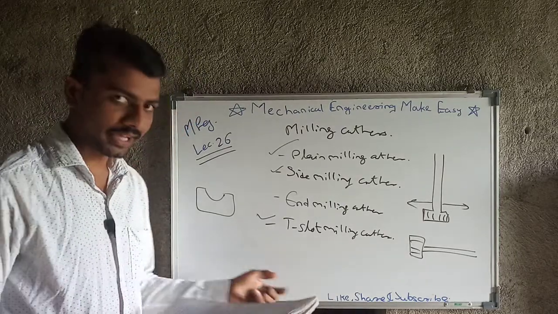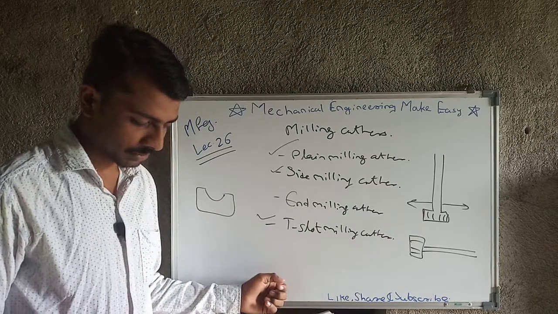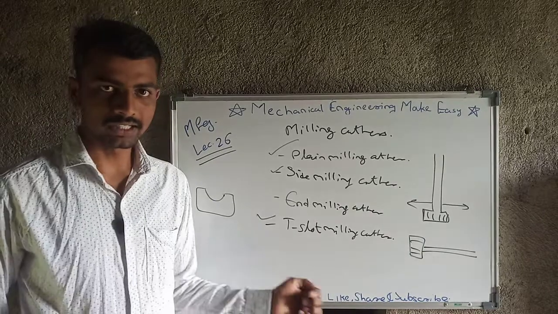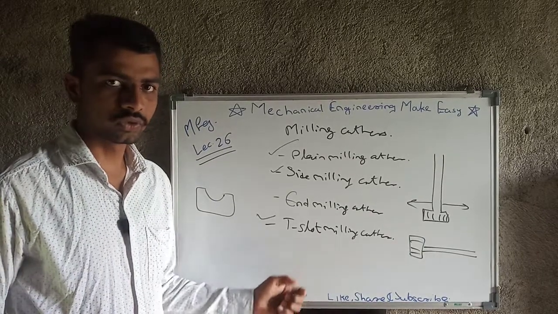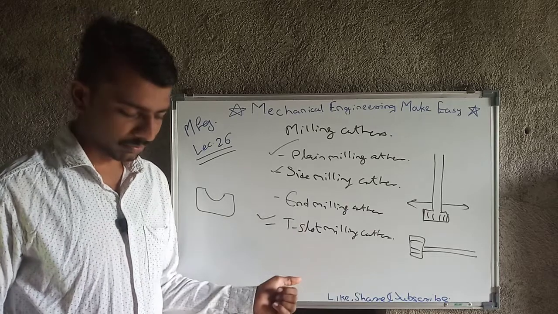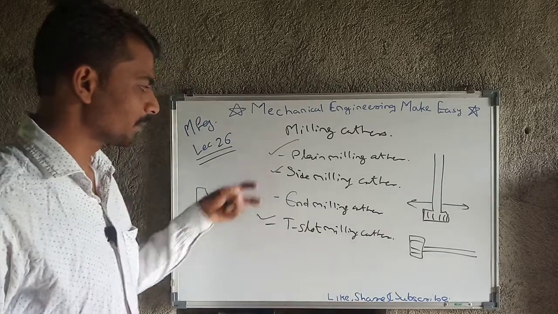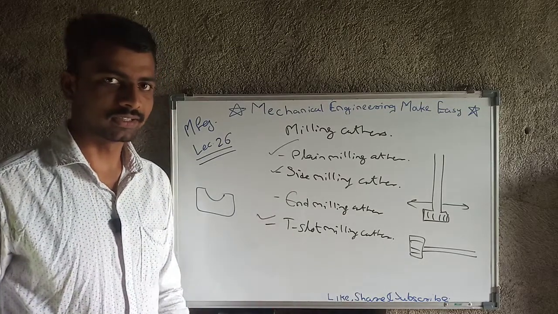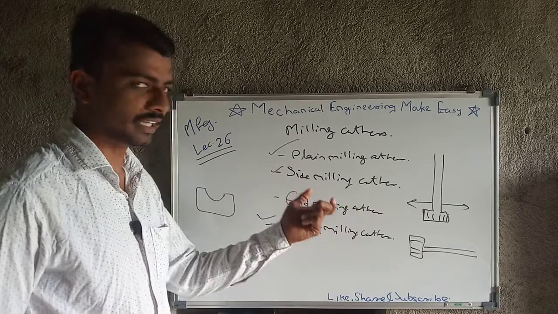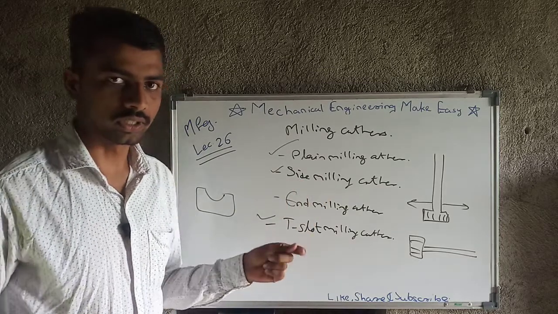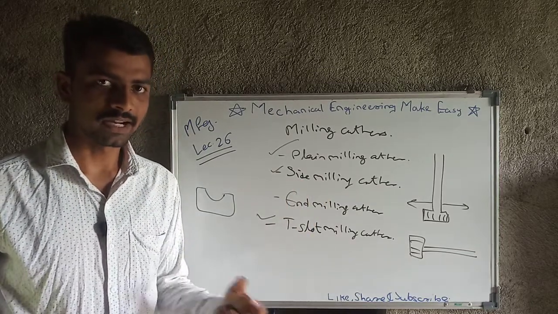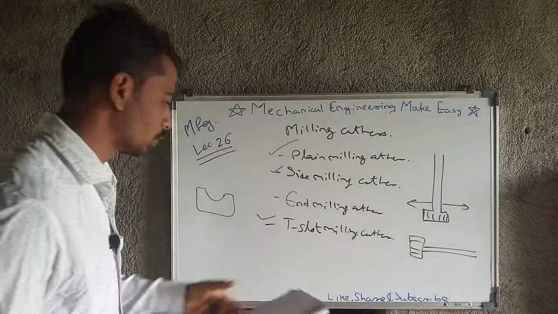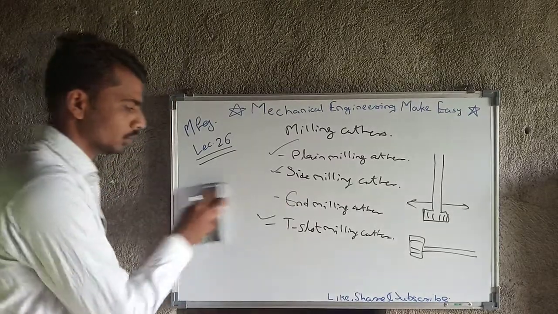Then next is the fly cutter. Then the next type is the angle milling cutter. Then formed milling cutter. Then thread milling cutter. Thread milling cutter means for generating threads we use the milling cutter, that is nothing but the thread milling cutter. Likewise, depending on the application, a specific design of cutter has been developed, and that design has been given a name like plain milling cutter, thread milling cutter, etc. So if you want to see the exact shape and size of all the milling cutters, you can go to Google, you can search, and you will get to know what exactly those tools look like.